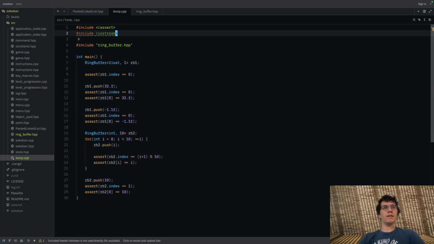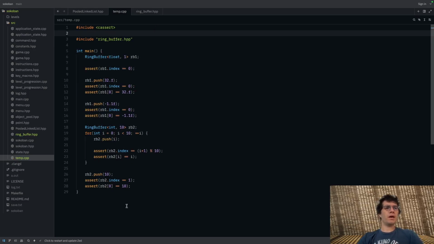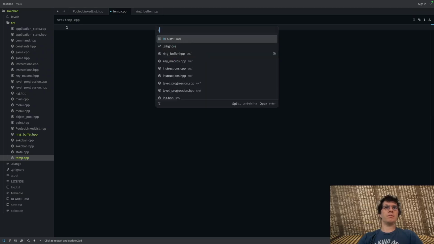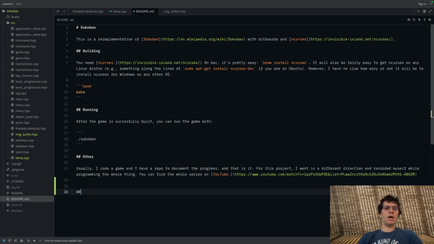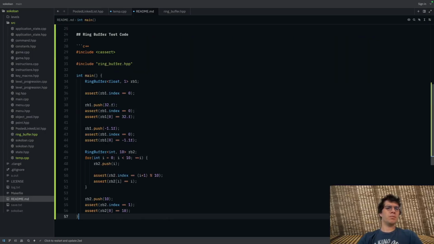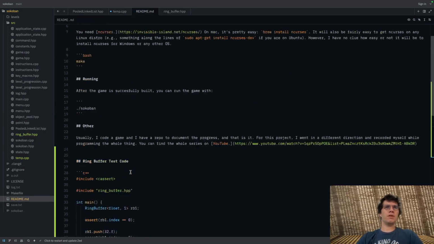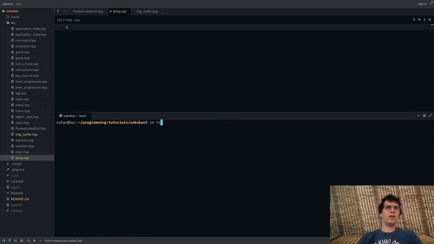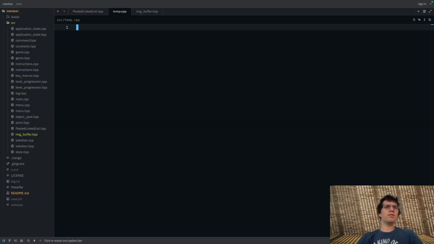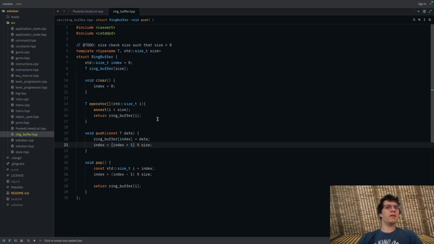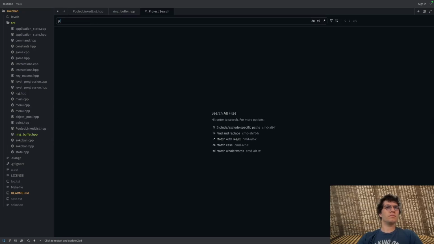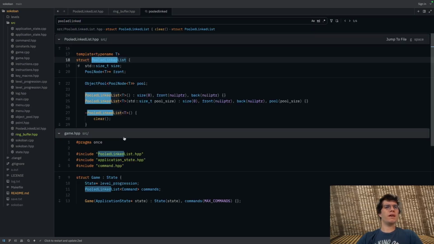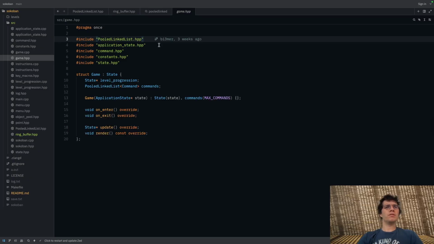Now, actually, let's do it real quick. I'm just going to take this and put it in the README. We'll do ring buffer test code, C++, put that in there. So now it's somewhere in case we want to come back to it. Then remove src temp. Now, in our code, we have a couple of cases where we use it. What we can do is keep this,